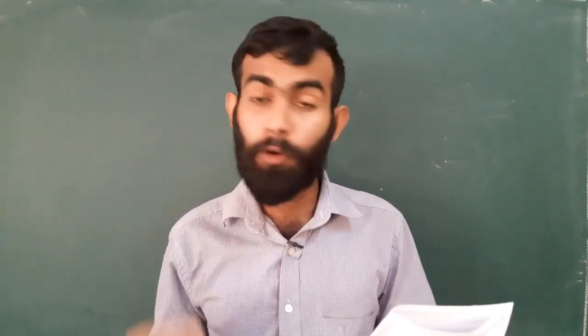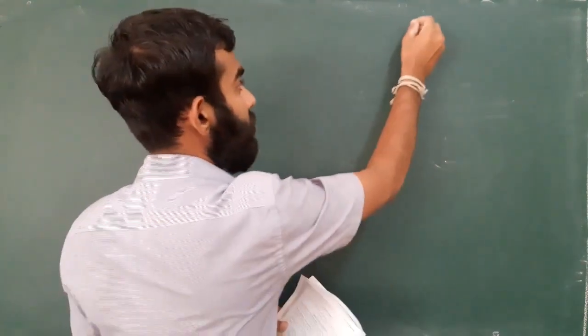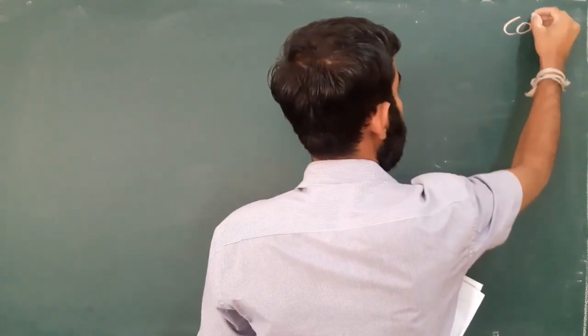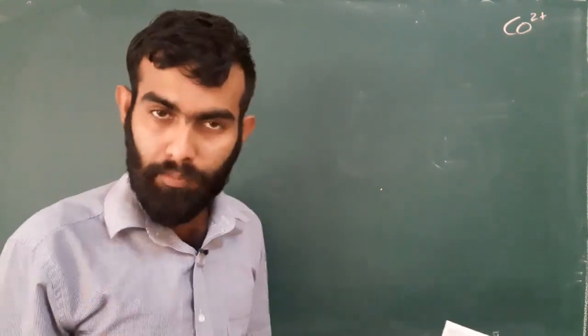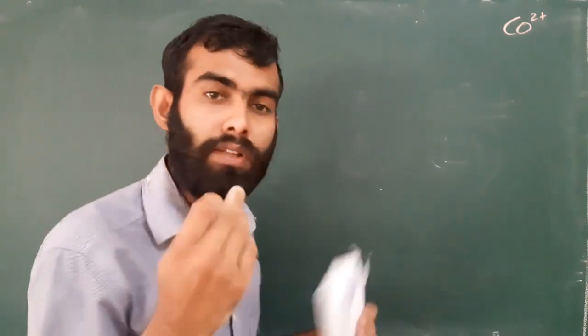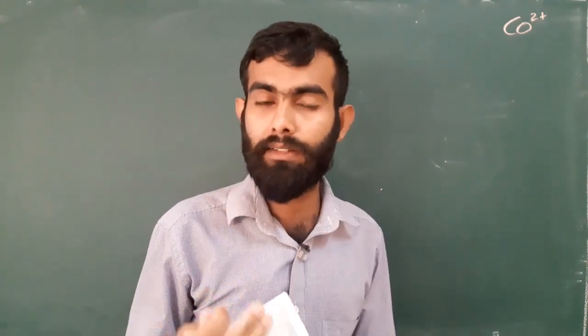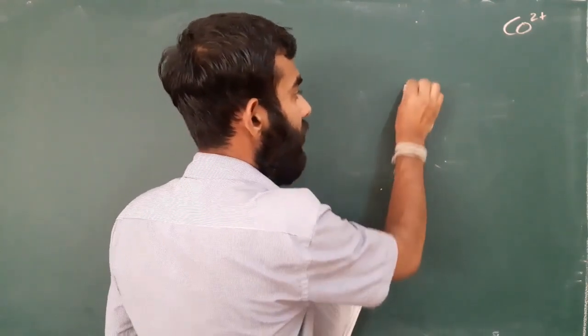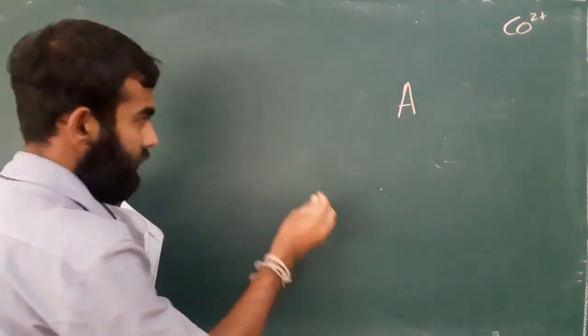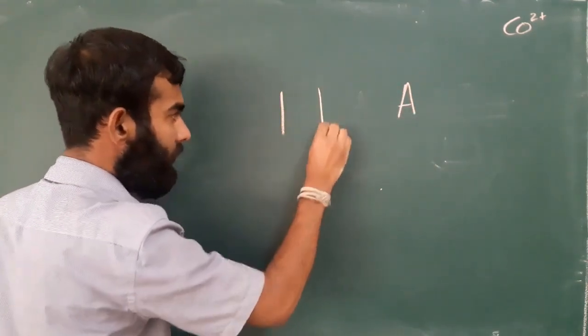Number 7. Estimation of the range of validity of the Beer-Lambert law in Cobalt 2 plus solution. Okay, first of all we have to know the Beer-Lambert law. There were two scientists, one was Beer and the other was Lambert. Beer stated that absorbance, so imagine we